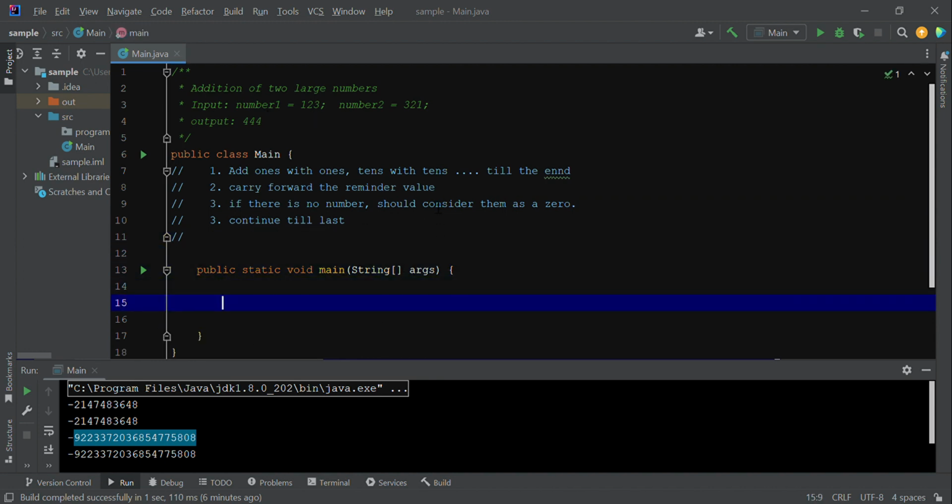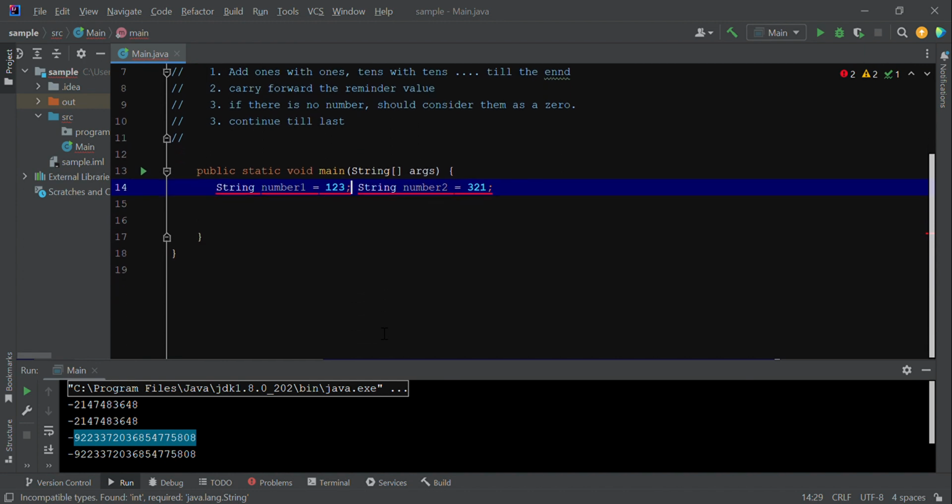So let me take this example. Instead of having the number, I'm going to consider them as a string. You can either convert those numbers into a string or you can get the number as a string itself, kept under the double quote. So I'm having the string number one and number two. So I'm going to calculate this value,